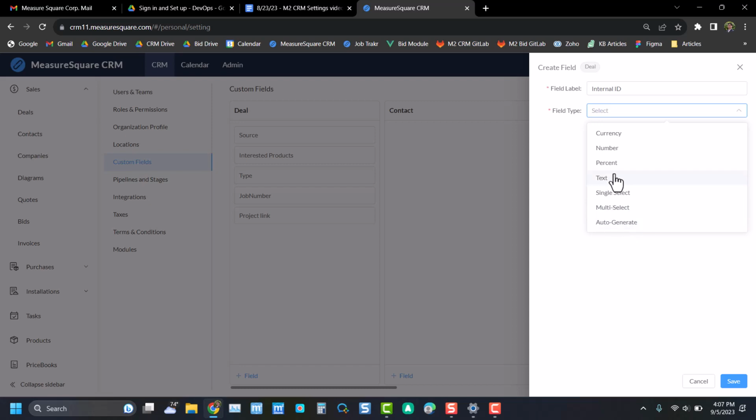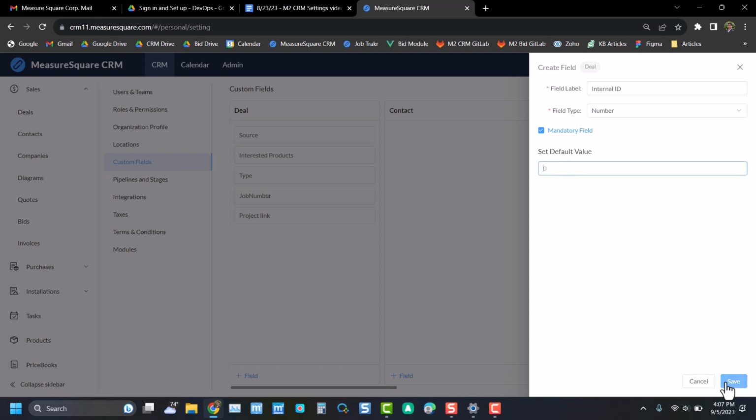In this case we'll set it to text or number and we'll make it a mandatory field. Making this makes it so that you cannot create a deal unless you have a mandatory field set. And then last we have a default value. Some fields have this, namely text and number values,